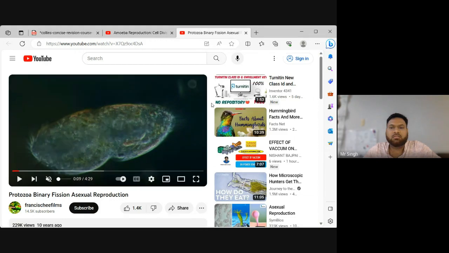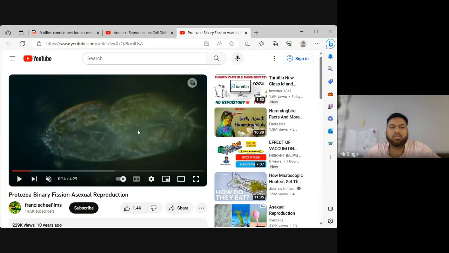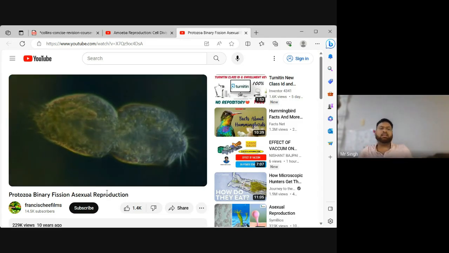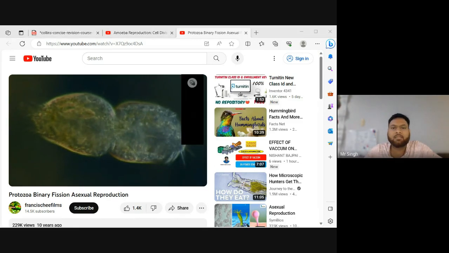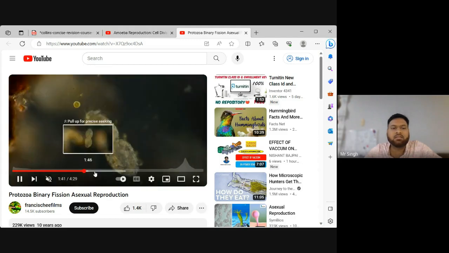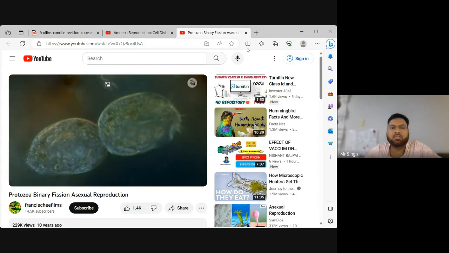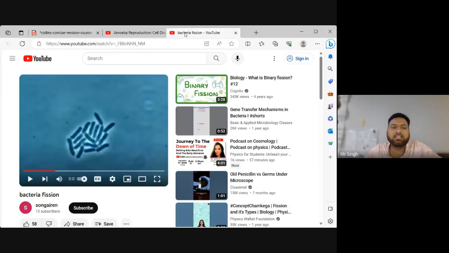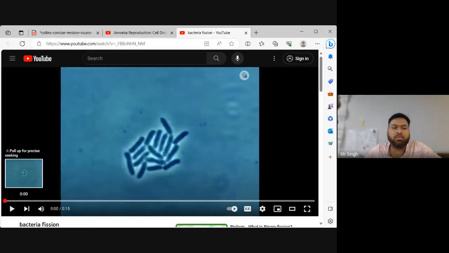Bacteria reproduce very simply and rapidly by doubling their... So I'm building up to a point. Don't worry. I know it looks a little boring, but I'm building up to something. We're seeing a protozoa that is reproducing as well here, right? And the protozoa is splitting the cell. All right, now check this out. We see how the asexual reproduction happens, right? Everybody on the same page, seeing the asexual reproduction happening, right?